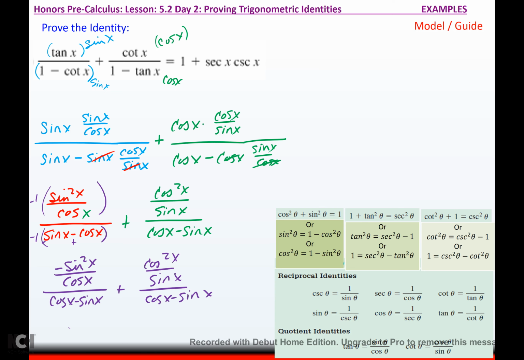Now they match, so I can keep that denominator, cosine x minus sine x,